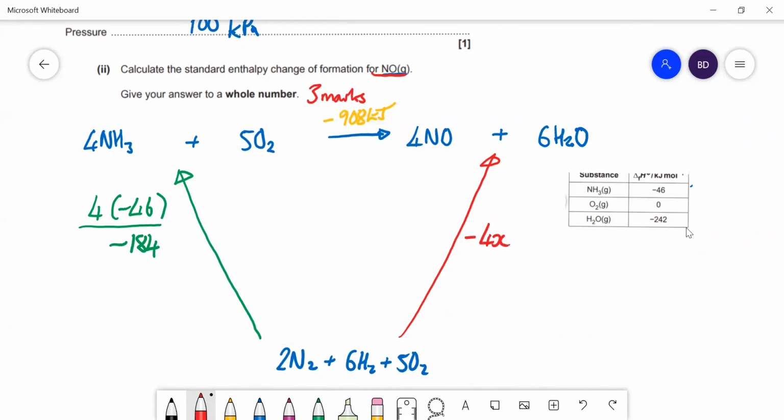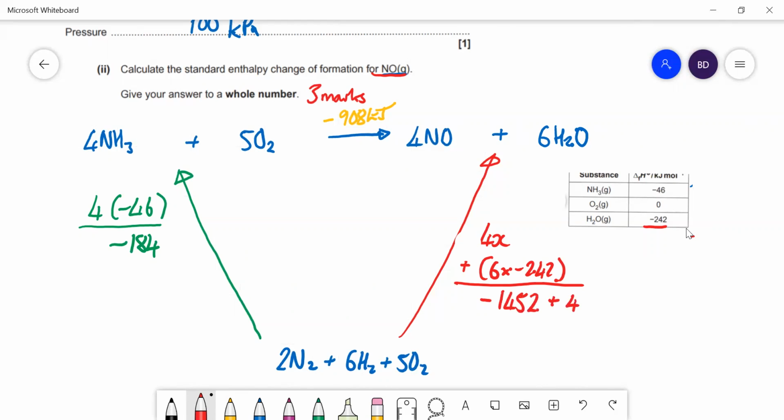And the enthalpy of formation of water gas is minus 242. So that's going to be 6 times minus 242. Add that lot up together and we get minus 1,452